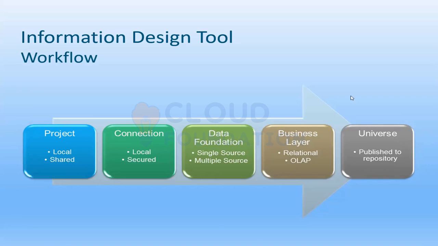After creating the business layer, finally the universe will be created, and we will check the integrity, and if everything goes well, we will publish that to the repository. Once the universe is published to the repository, we can consume that in Web Intelligence as a source. The source of Web Intelligence can be anything, like an Excel file, a universe, or SAP HANA. But here we will focus more on the universe, because the universe is also created in Business Objects. Once we publish it to the repository, we can consume it for our reporting purpose.